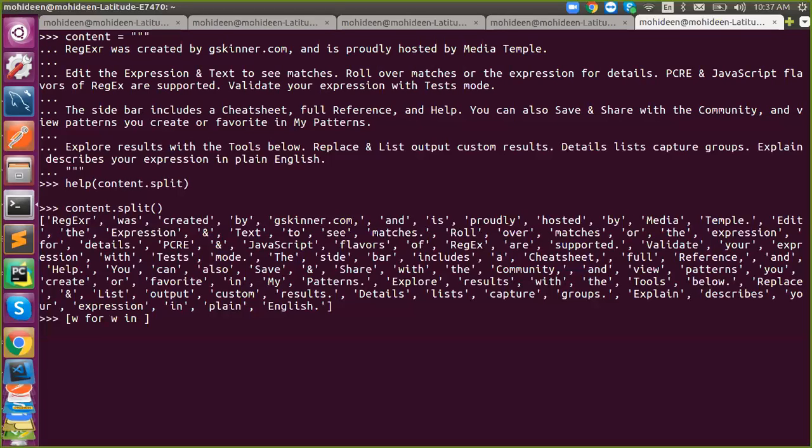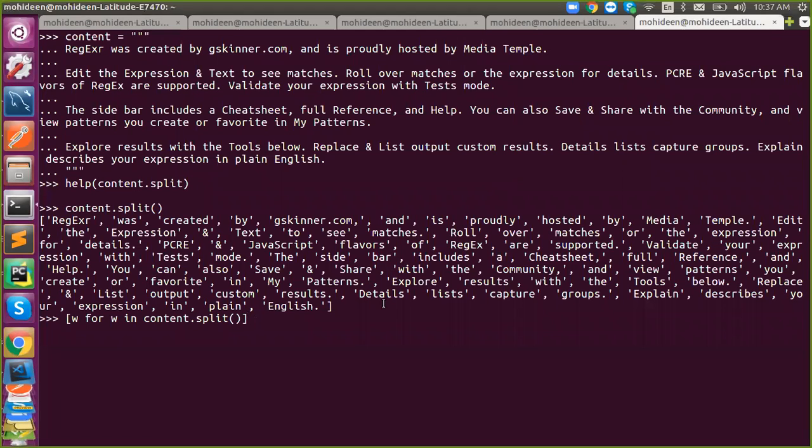Word for word in content.split, then capitalize. Not capitalize, capitalize will convert it into capital.